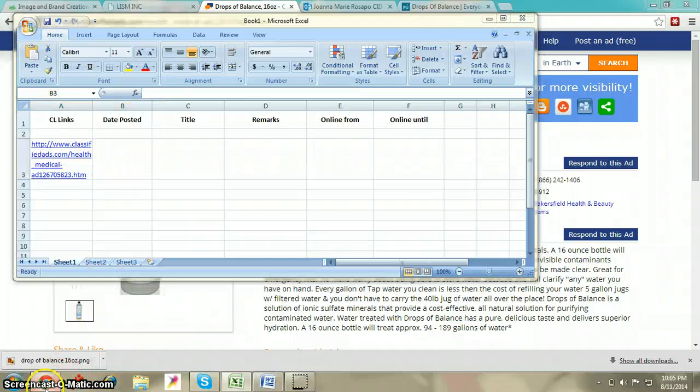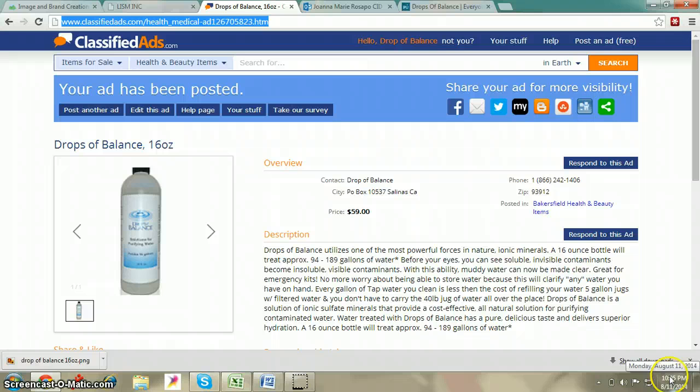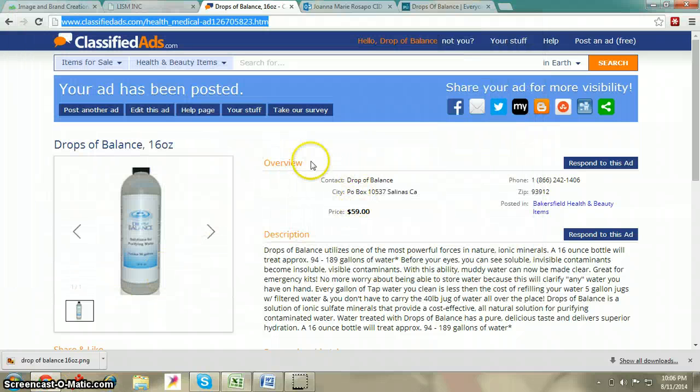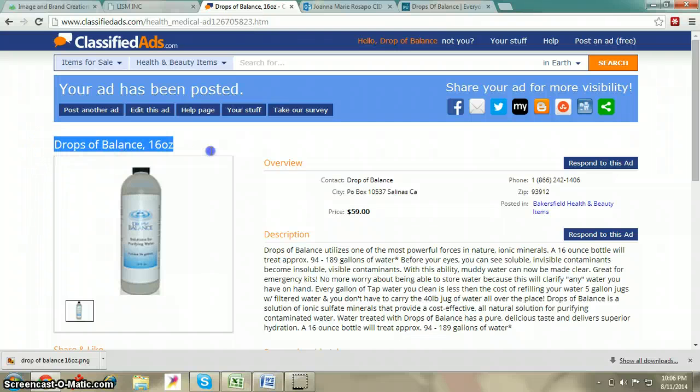The date you posted it, so right now it's August 11, 2014. Then the title of your ad. Your ad title is Draft of Balance 16 ounce.